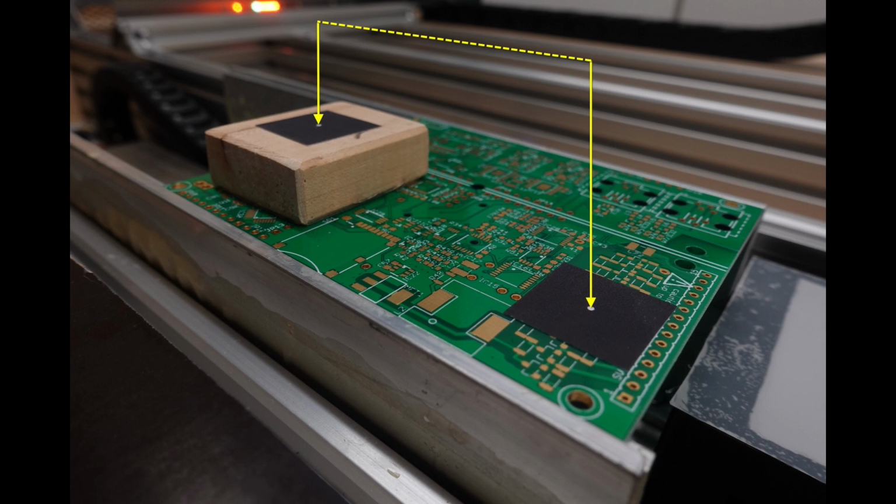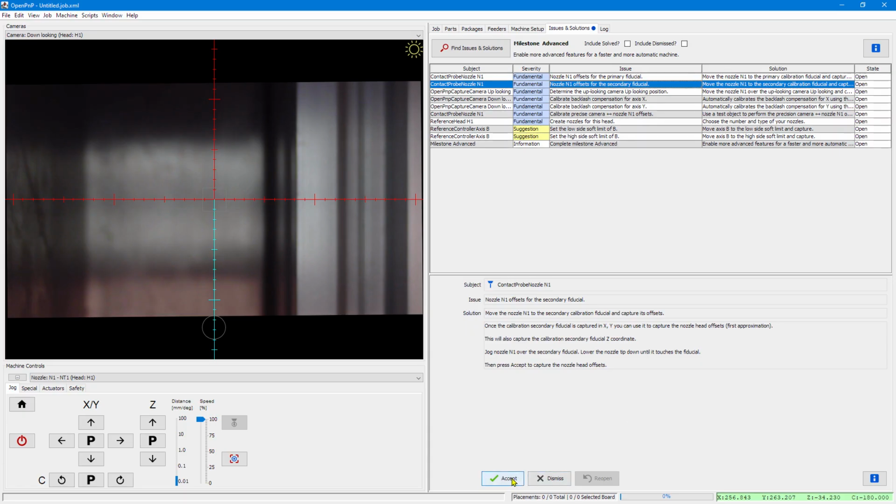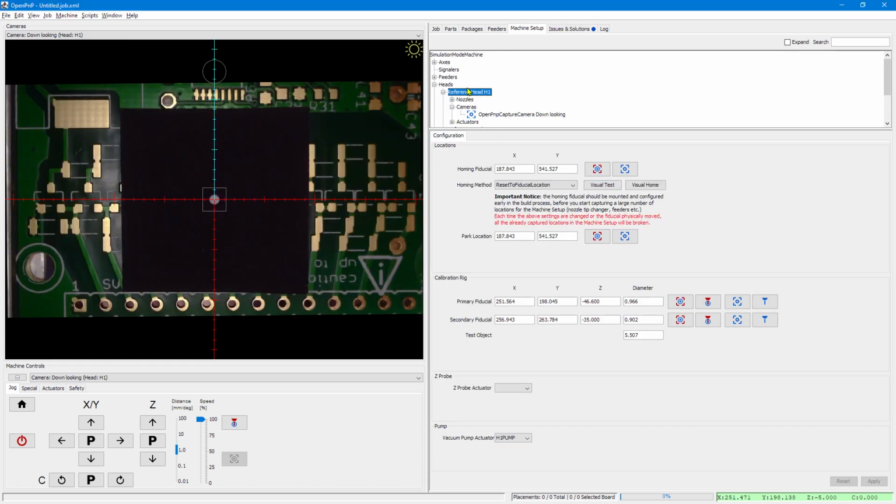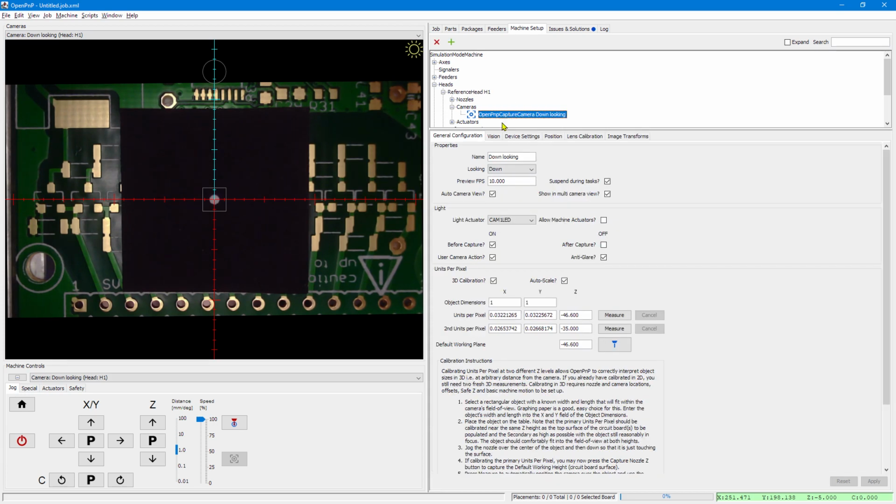We do this again on the higher level, and what we get then is multiple things. On the head we have now the calibration rig set up, automatically set, and on the down looking camera we get our 3D calibration units per pixels,